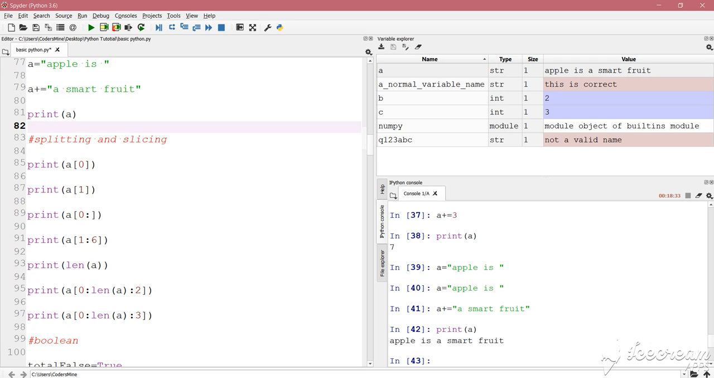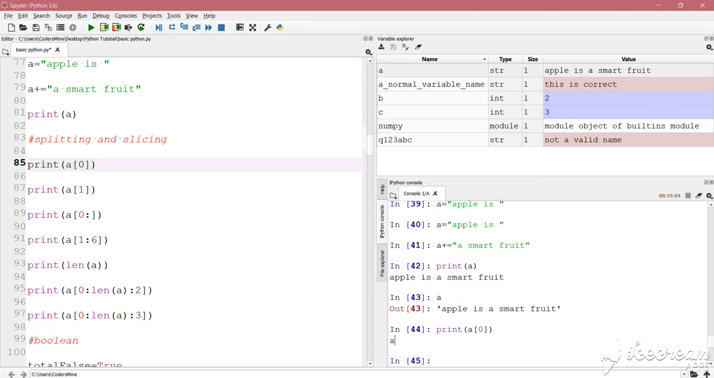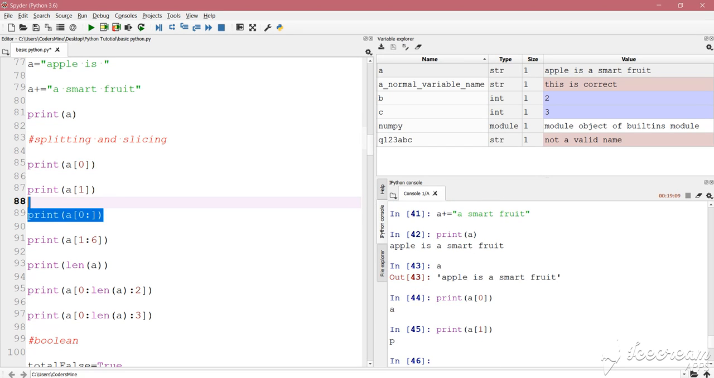Let's now do the slicing and splitting. Splitting is breaking the string into some parts, and slicing is almost the same thing. Let's just move on to examples, like print A[0]. A was this, "apple is a smart fruit", and A[0] is the first character because the index starts from 0. So A[0] will be A, A[1] will be P, and this line